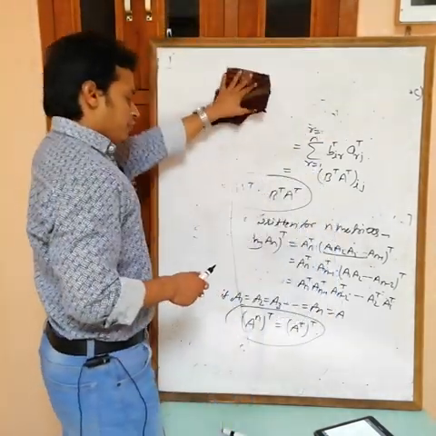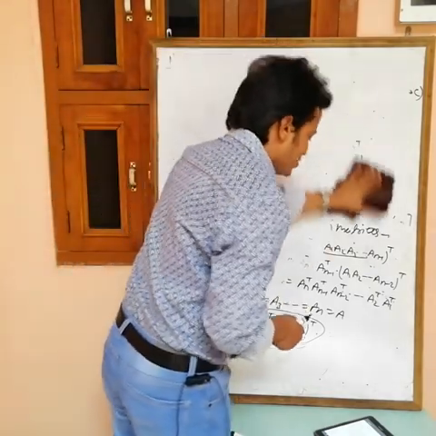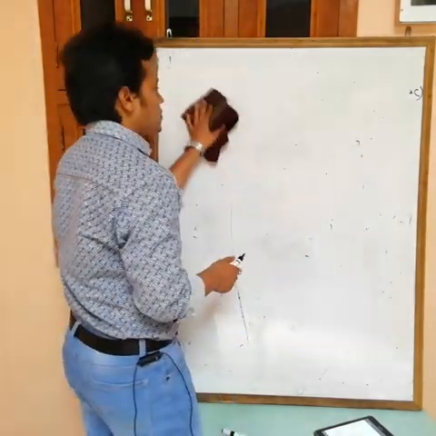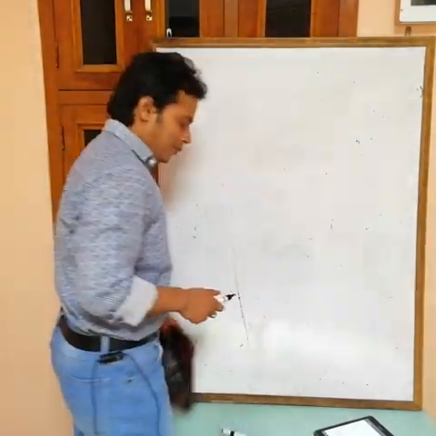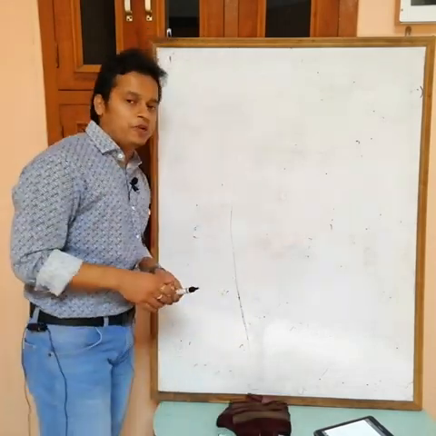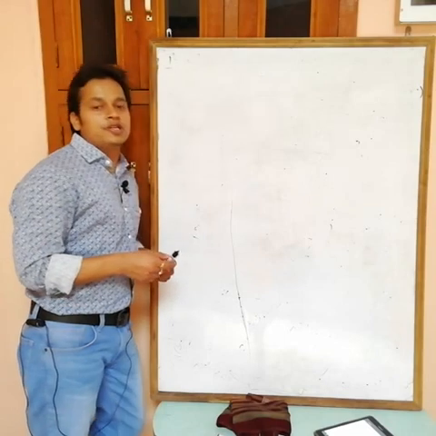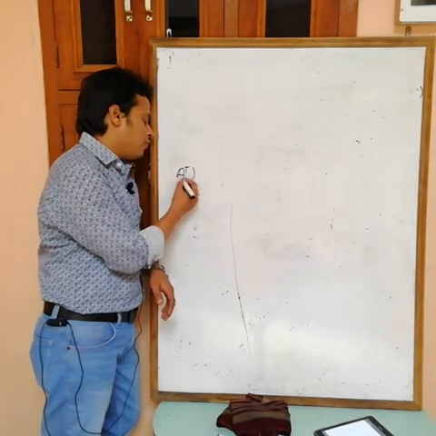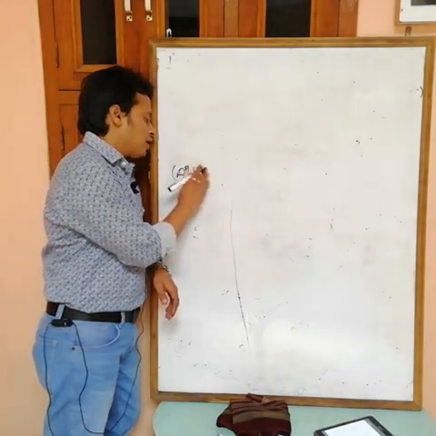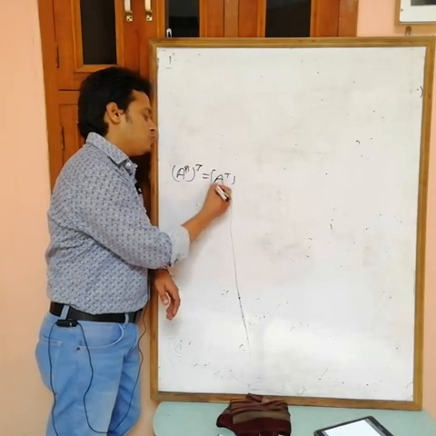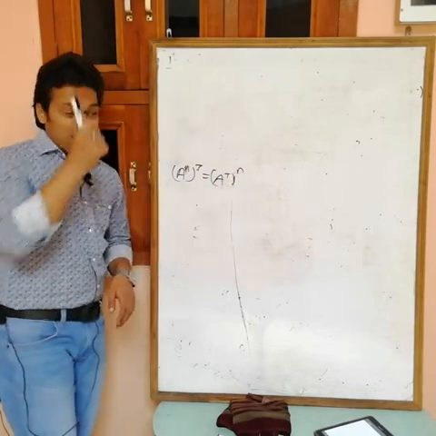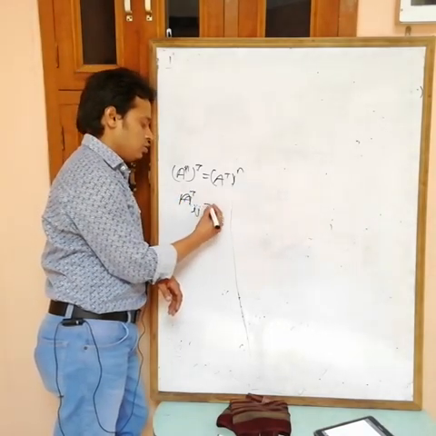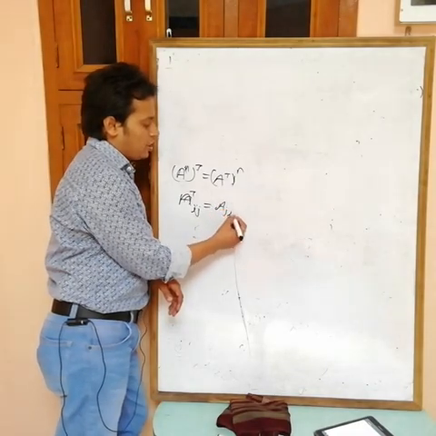So this is the transpose of any matrix. How to get the transpose of any matrix? Just simple: interchange rows into columns. We know that the transpose of A transpose is equal to A, (A plus B) transpose is equal to A transpose plus B transpose, and (A into B) transpose is equal to B transpose into A transpose. And (A transpose) power n, or (A power n) transpose, is equal to (A transpose) power n. And what we have to remember: the ijth element of A transpose is actually equal to the jith element of A.